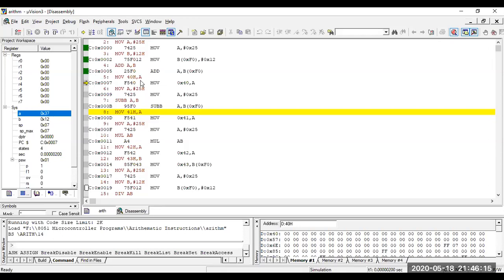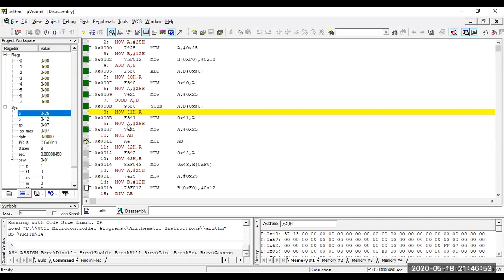Okay, so what is the next instruction? Whatever the A value is, you are moving into the direct address 40H. Here you got 37. And next, one more time, you are initializing A with 25H. Next you have to do subtraction, SUB A, B. So 25 minus 12, you are getting 13. The 13 you are getting into the accumulator, and next that 13 value you moved into the location 41H.